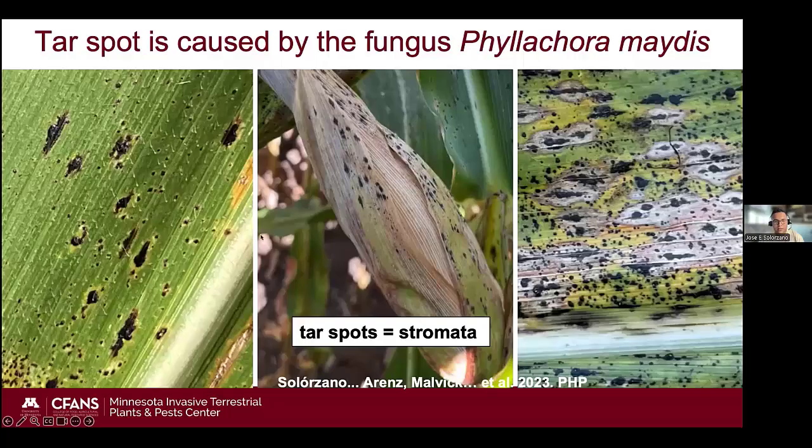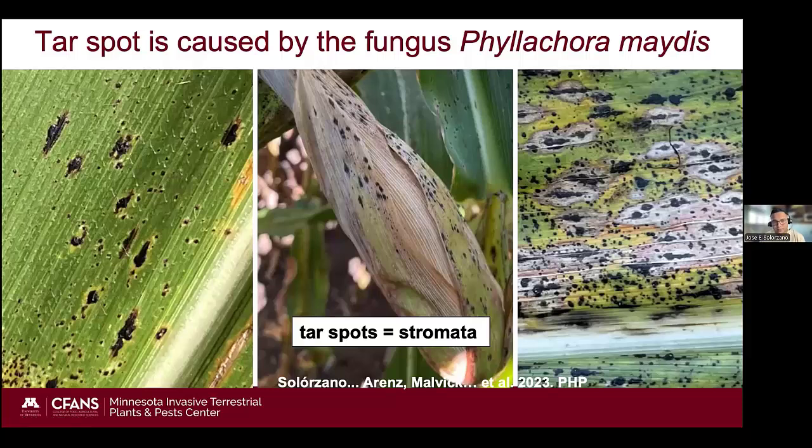And they initially start as these small, rounded black spots, as you can see on the left. And as they develop, they become elongated and they grow with the leaf venation, the leaf veins. So these tar spots are embedded in the leaf tissue. If you try to remove them with your finger, you wouldn't be able to do that because they are